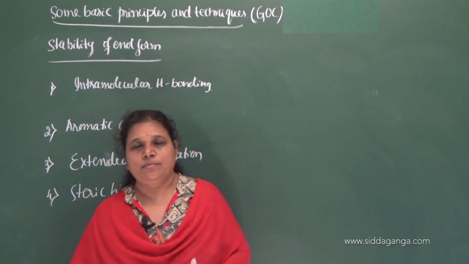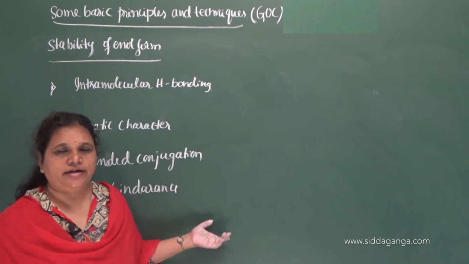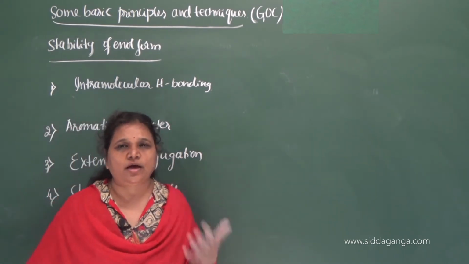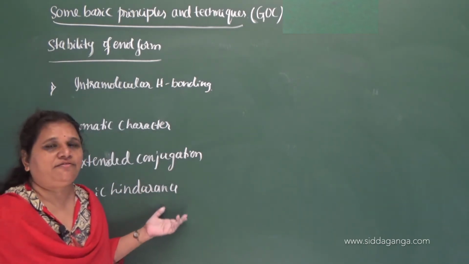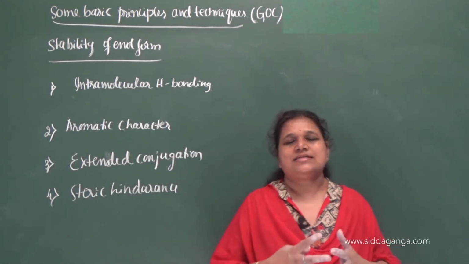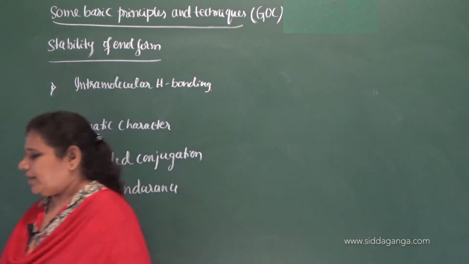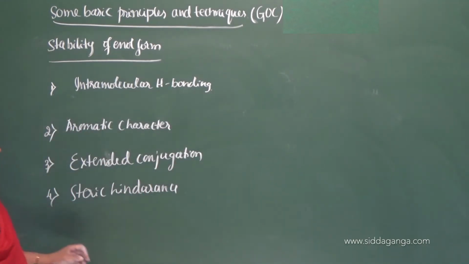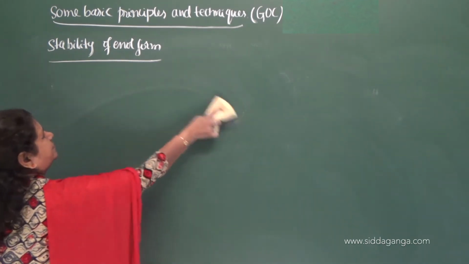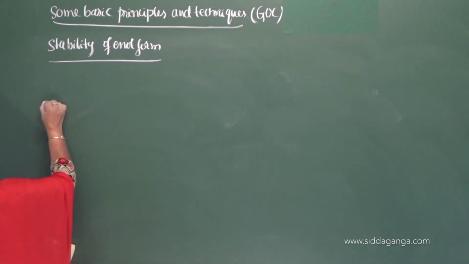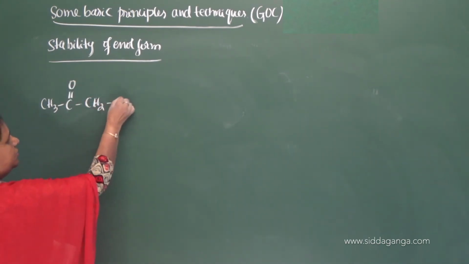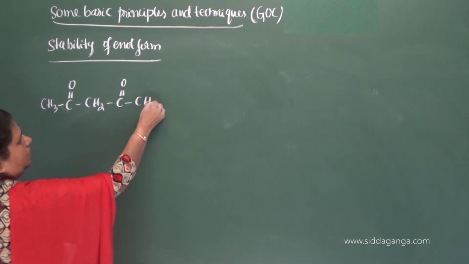Now, when we consider monocarbonyl compounds, I have already given the percentage. Now let me consider the dicarbonyl compounds, taking an example of dicarbonyl compounds, how these factors affect the stability of the enol form and how these factors increase the percentage of enol form. So for that, let me give the example of acetyl acetone. So take down the first example, CH3 C double bond O, CH2 C double bond O, CH3.